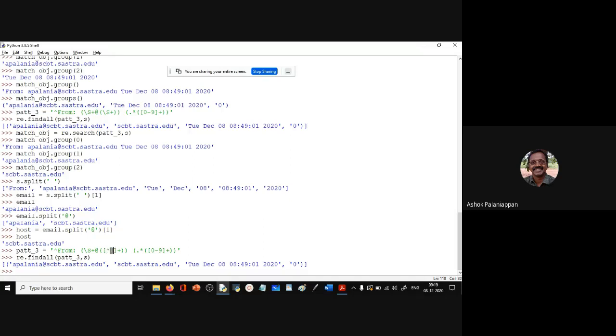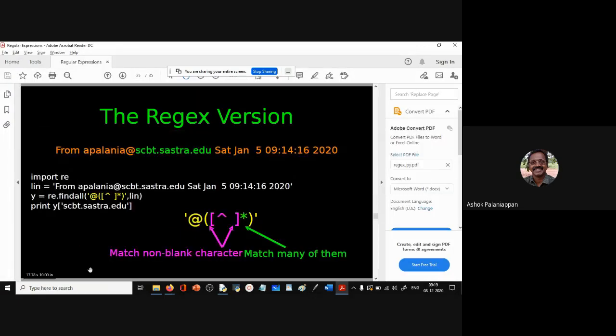But the \S format will allow tab and new line, whereas this one will not allow space nor tab nor new line. That is the only minor difference. All right, so let's proceed. So match non-blank character and many of them, but star means 0 or more times, so it does not enforce at least one character. So we have to use a plus sign.